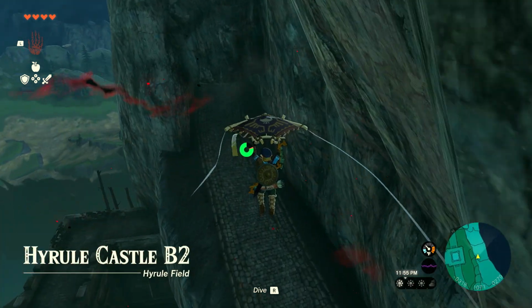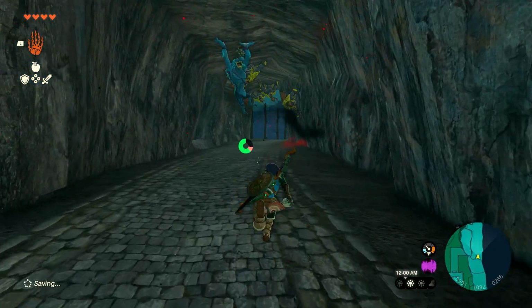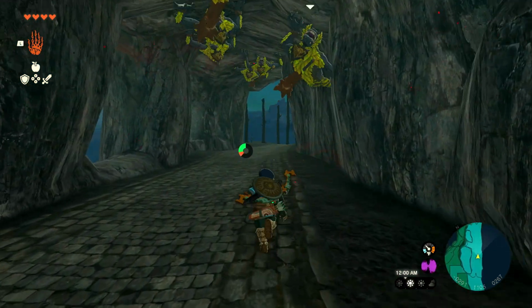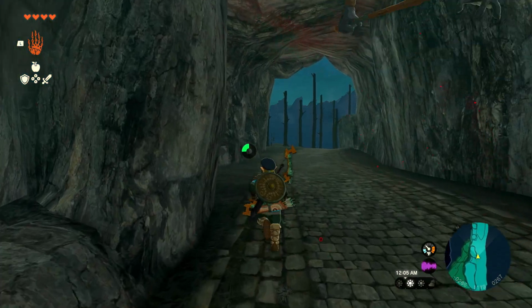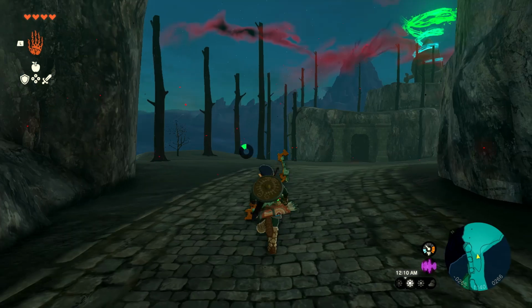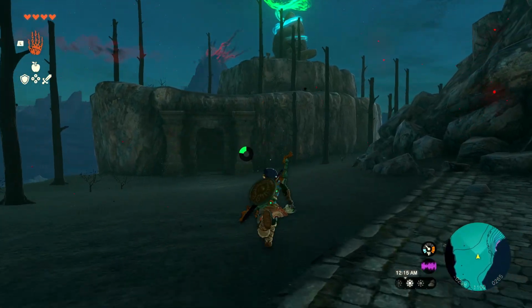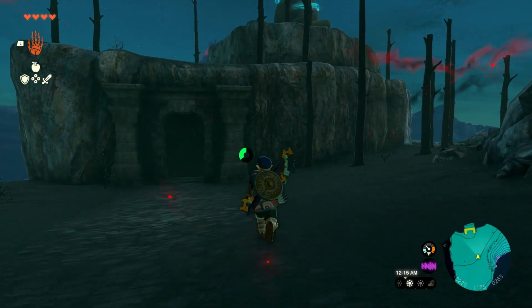And then as you guys can see, there's going to be this little cave. Now there's a whole bunch of enemies in here. You actually don't have to worry about them. They are really strong, I will tell you, but you can just run past them. With having 4 hearts, they're going to be too much for most of the people, so you just want to run past them, and we're going to actually make our way to the shrine,